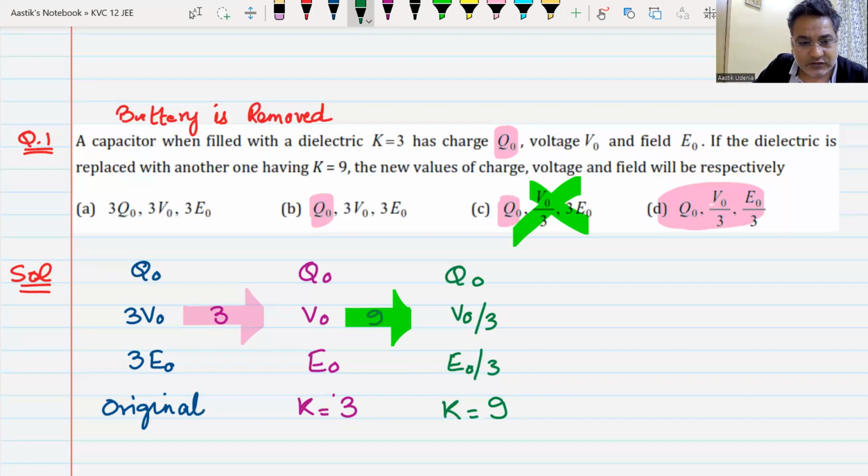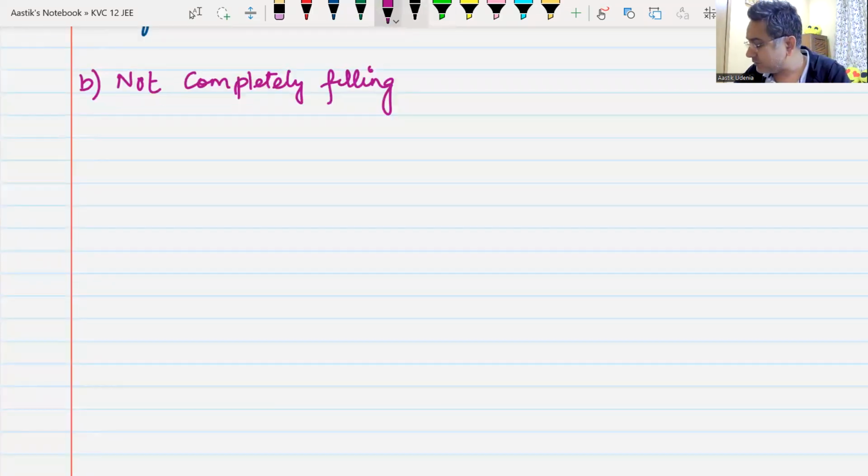The dielectric is not completely filling up the space. Now, in this not completely filling, we can have two types of configuration. Let me start with the first type. So not completely filling. So what will I have? Case number 1,